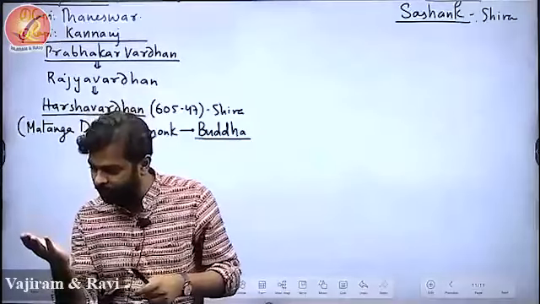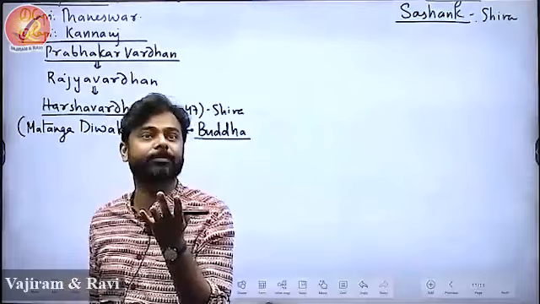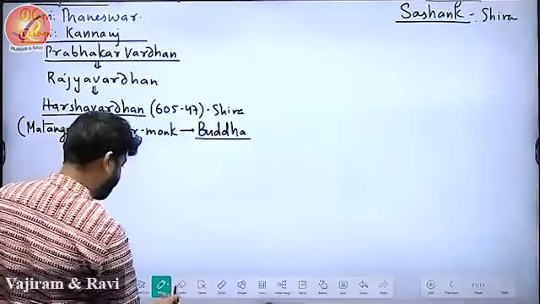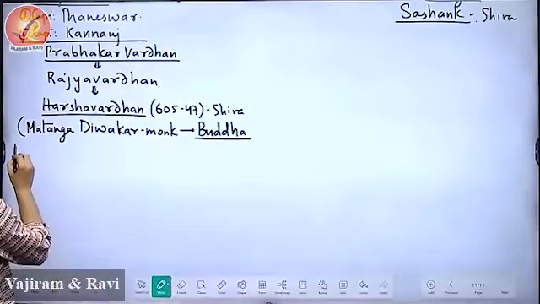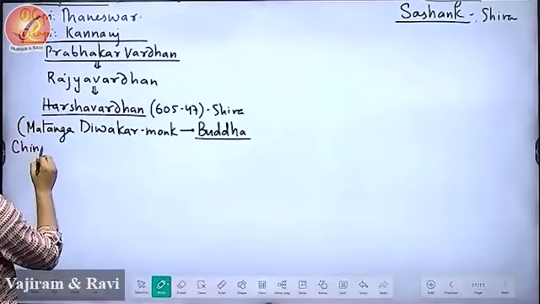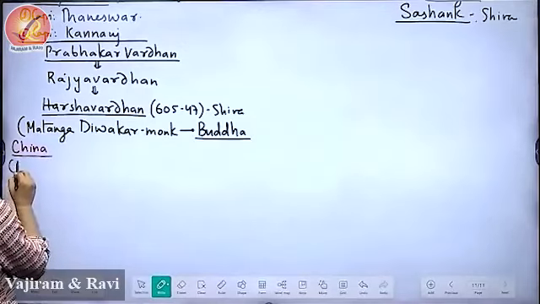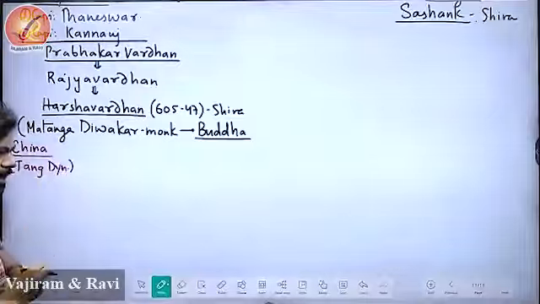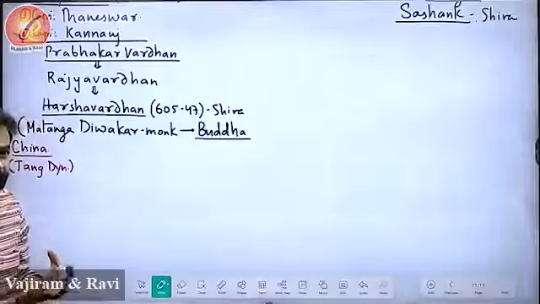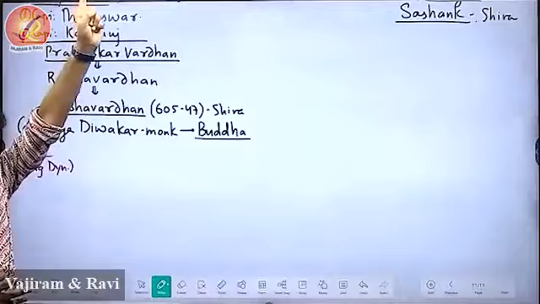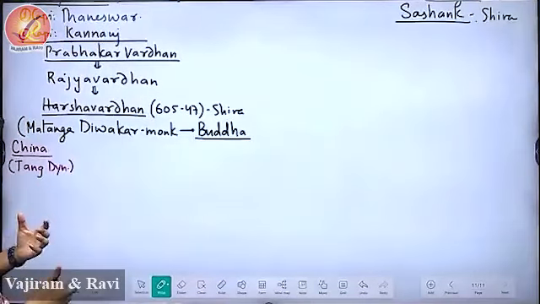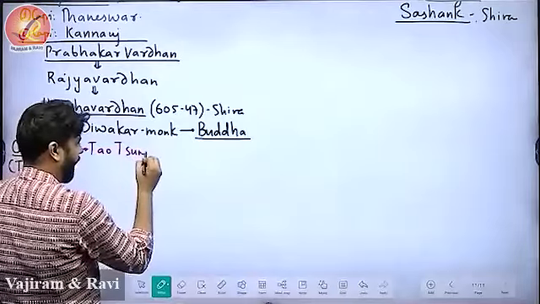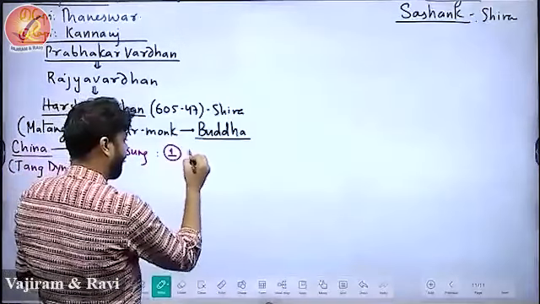Harshvardhan thought, religion, money. So he started worshipping Buddha. He became a Buddhist. And he was right. Matanga Devakar was right. The Chinese came to know about this. China, which had a dynasty called the Tang dynasty. They were Buddhists. They came to know that after so long, after Ashok, somebody has become a Buddhist follower. So the Chinese ruler, Tai Zong, was so happy that he sent three things: gifts,